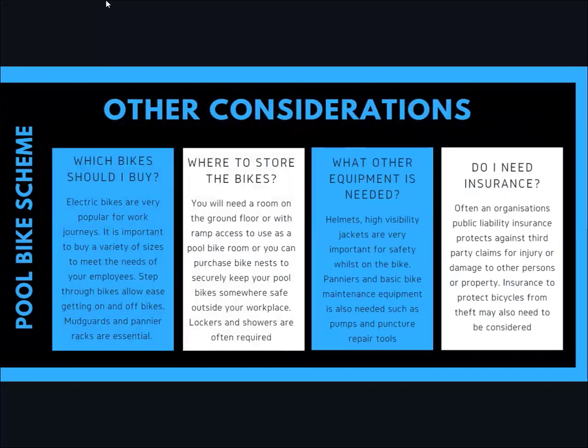So when setting up a pool bike scheme, there's other considerations to take into account. Firstly, which bikes should you buy? Electric bikes are very popular at the moment, and they're very useful for work journeys. It's important to buy a variety of sizes to meet the needs of your employees. Step-through bikes allow easy access to get on and off the bikes, and mudguards and pannier racks are essential to avoid people getting muddy and wet if it's raining, and to be able to carry workplace items on the back